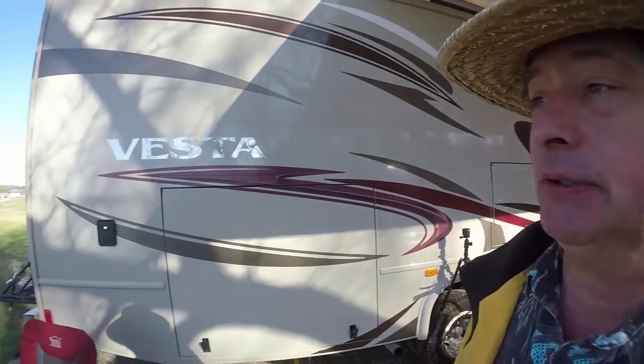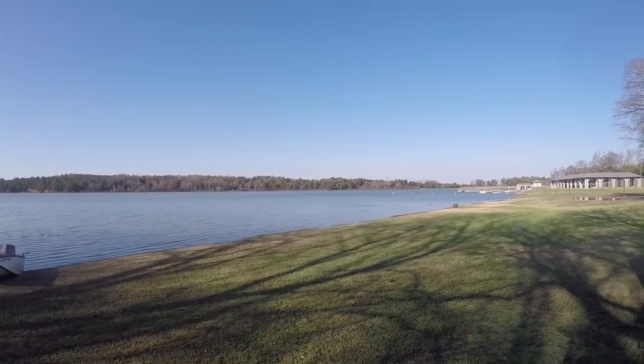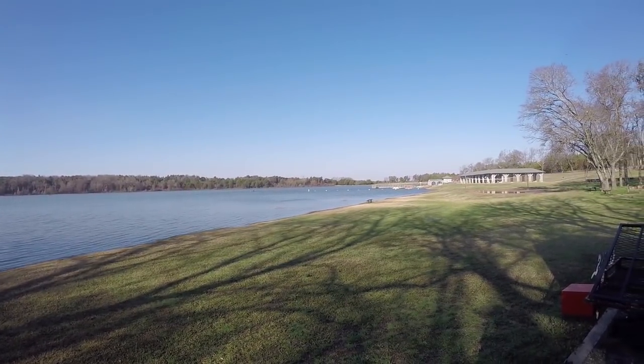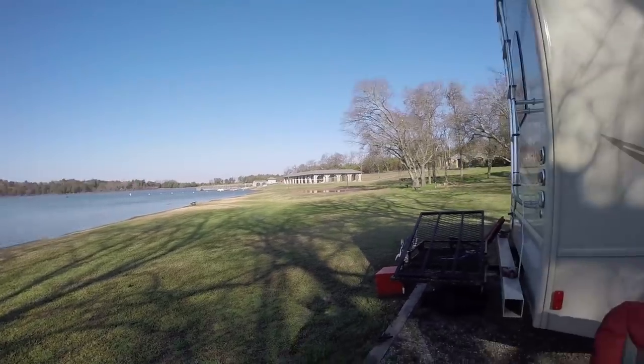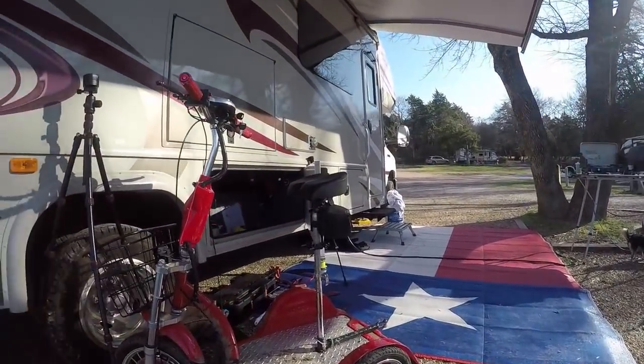Well, sun is up. We've had our bacon and egg breakfast this morning, hanging out here at Bonham State Park. A couple kayakers out on the lake this morning. Man, everything is just soaked wet. You see the scooter's just covered in mud from,